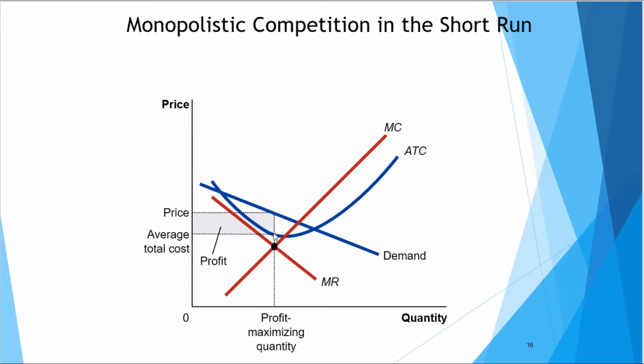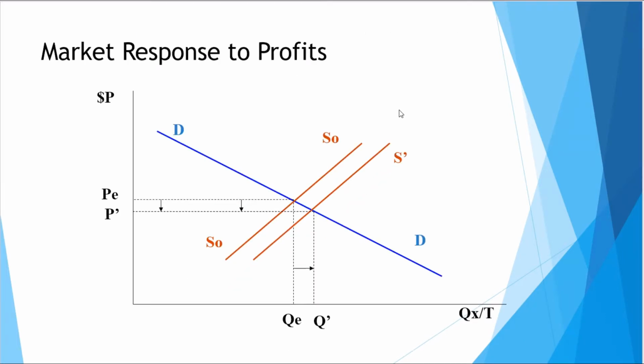So if you go up from this quantity output, the average total cost at this quantity is, let's say, $6. Since this is the price line, the 60th unit sells for, let's say, $8. So at this level of output, they're still making a profit because their demand is more than their average cost, so they're still making a profit. Okay, so let's take a look at how the market responds